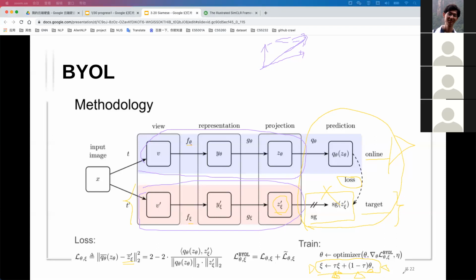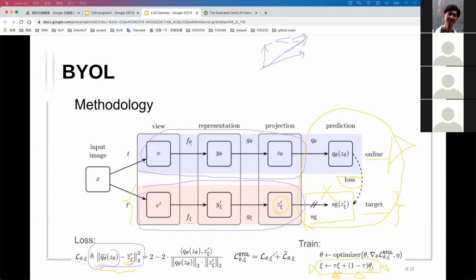Yeah, I'm thinking about that. Let me look at the loss. This loss, can I read about this loss? The loss with theta and eta or sigma. Yeah. Theta Q is the prediction, minus Z prime. That compares the similarity of these two vectors. One is the prediction layer output, and one is the projection layer.